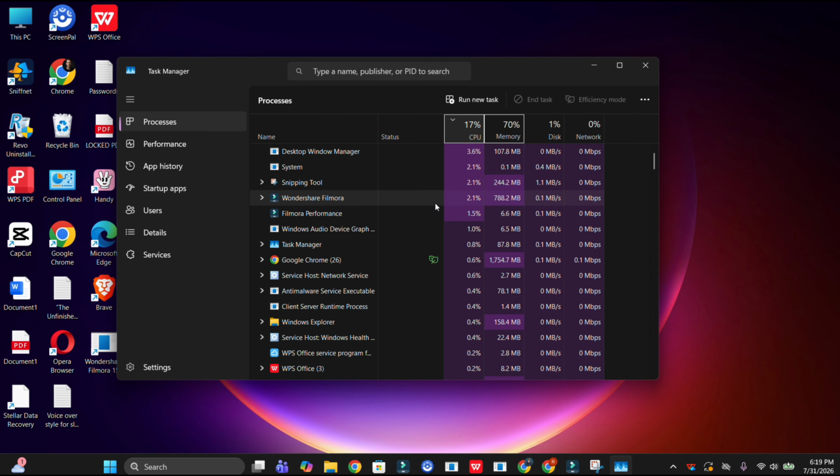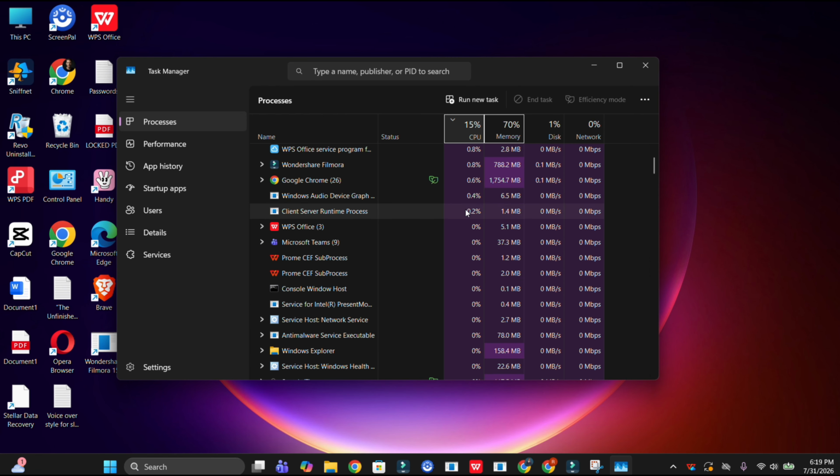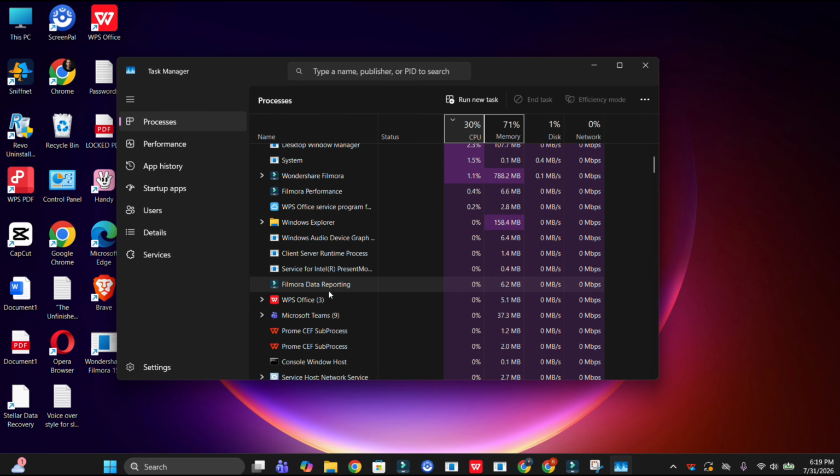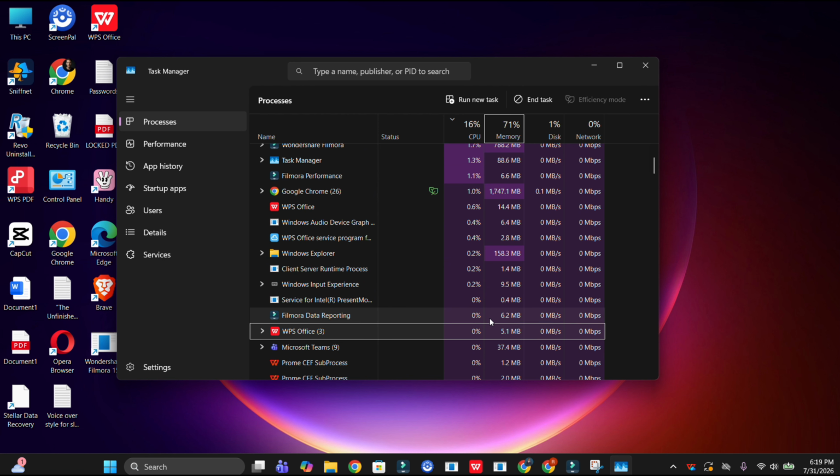If your PC is still slow, the cause may be limited memory, a failing storage drive, overheating, or one process